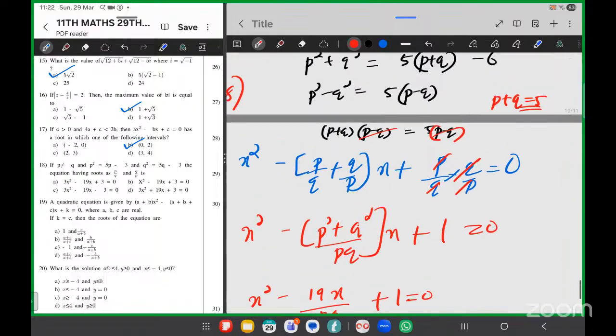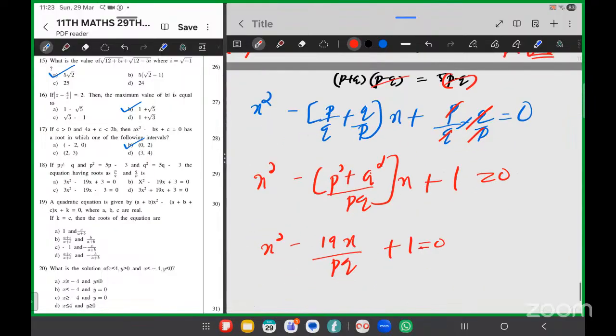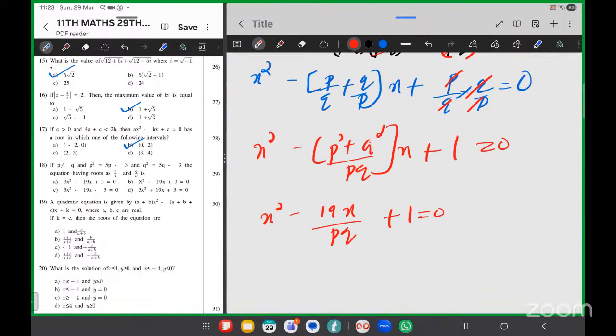P plus Q is 5. Then PQ is 3. PQ into x square minus